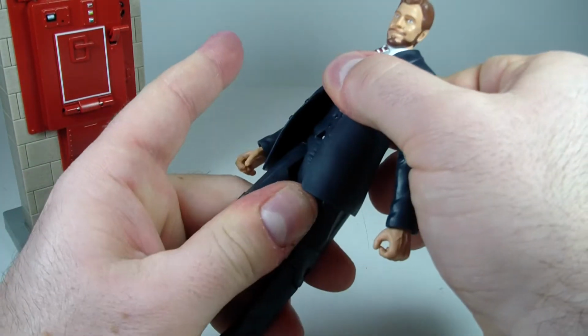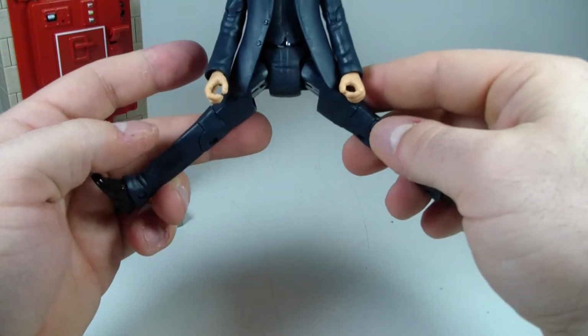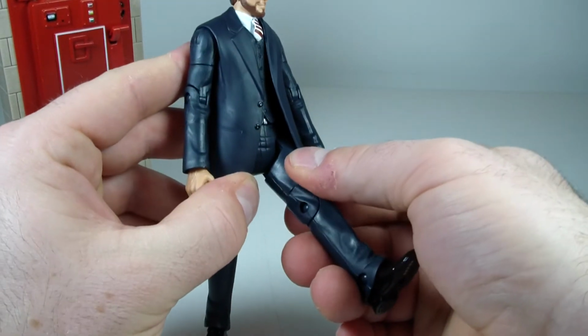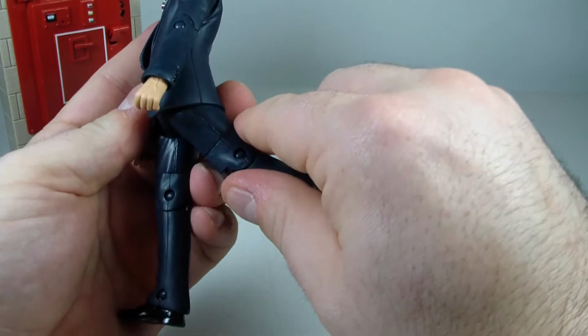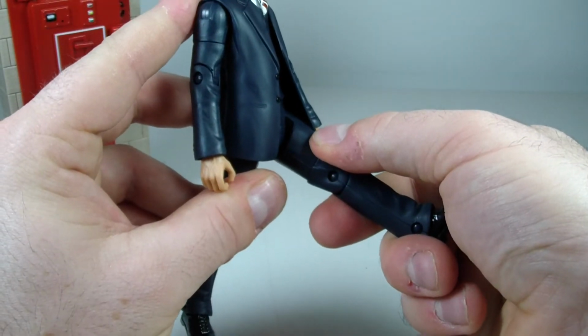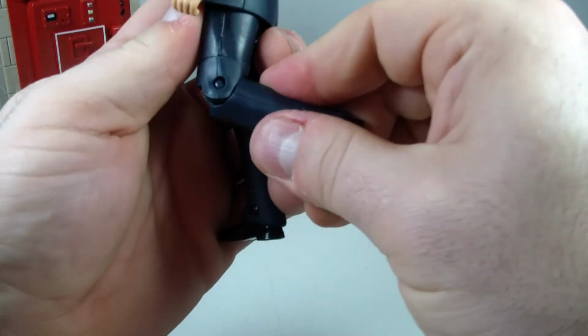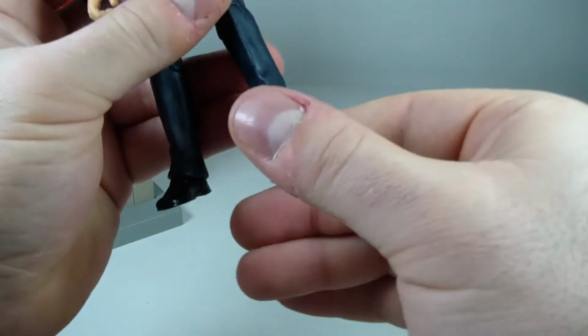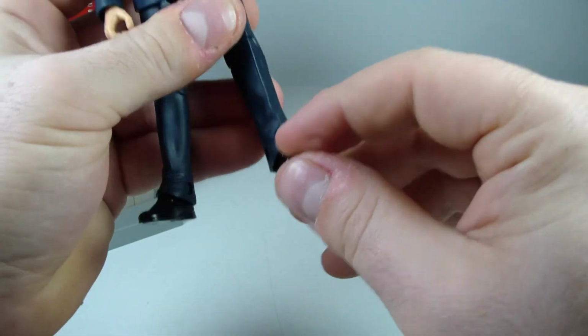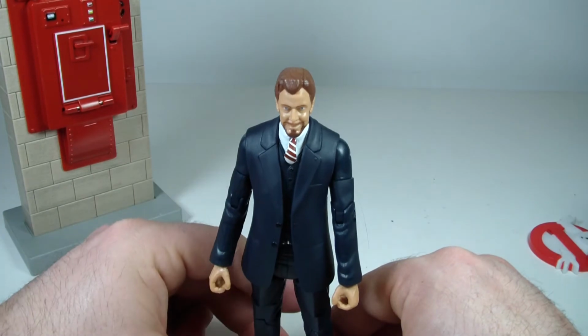He does have a waist swivel though. And he does have T-jointed hips. They go out in the splits about that far. They do go forward. They go back. He's a little bit stiff, so he probably goes forward. I would say he maxes out about there. And then he's got an upper thigh swivel. He does have a single bend at the knee and an ankle hinge going forward and back. So your basic DC Universe Classic / Movie Masters